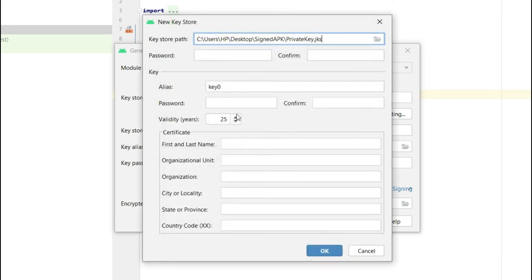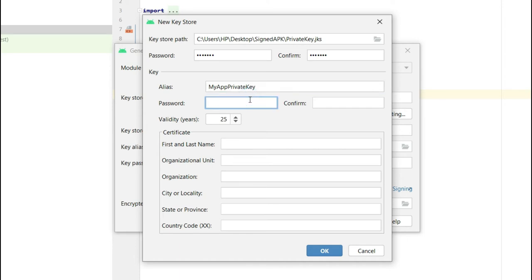Click OK. And we can set the password. You can write any password. And from here we will have to select the alias which will be the reference to our private key file.